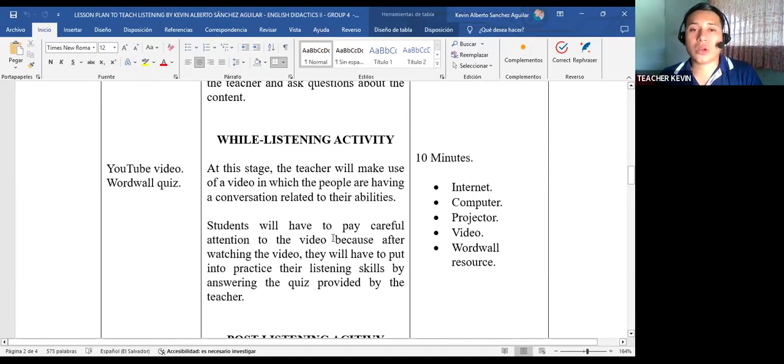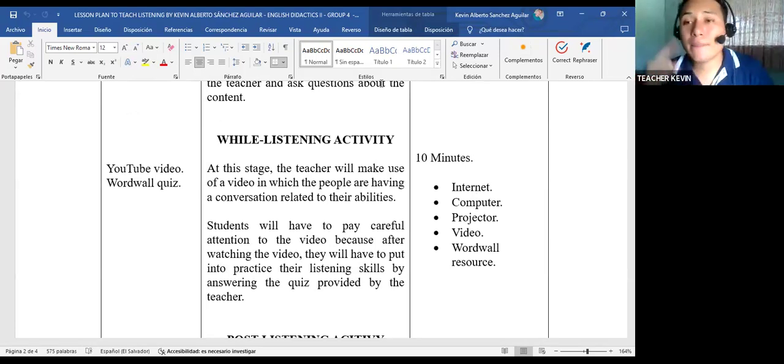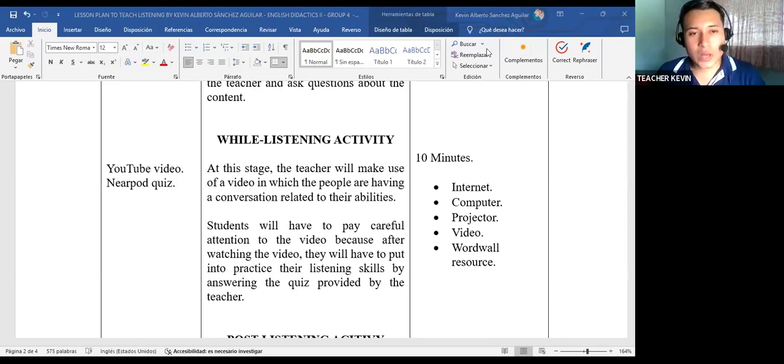Then we're going to work on the while listening activity. Here in the while listening activity, we are going to put into practice the skill that is listening. So in this case, as I was telling you, the techniques that I am going to use for this specific part, first of all,